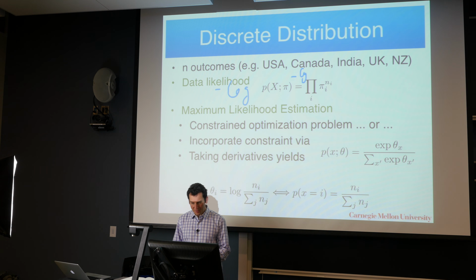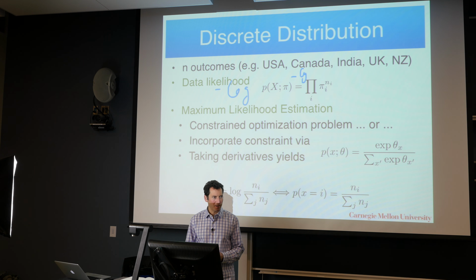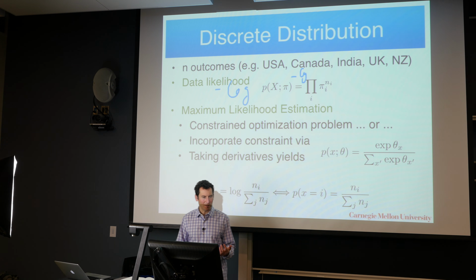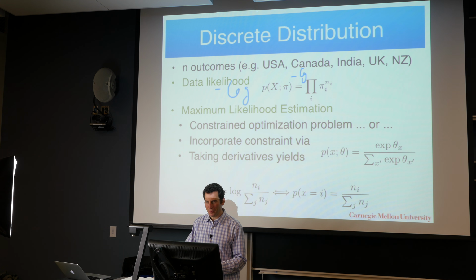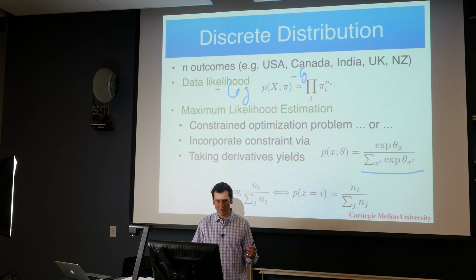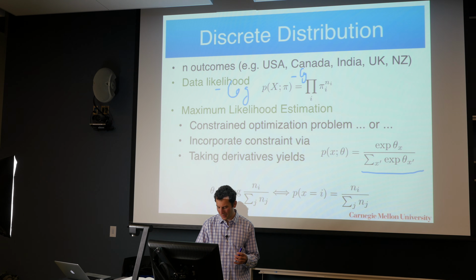And again, we reparameterize. So the challenge here is twofold. First of all, none of the probabilities must ever become negative or greater than 1. And furthermore, all the probabilities have to sum up to 1. And so we're going to use exactly the same parameterization as what we had before, except that now we have it over many different outcomes. So we have e to the theta x divided by the sum over all x primes of e to the theta x prime. And you can immediately see that this has to sum up to 1. Why? Because we are just normalizing by all the possible arguments that you could plug in for x.